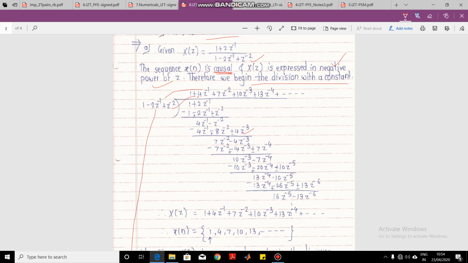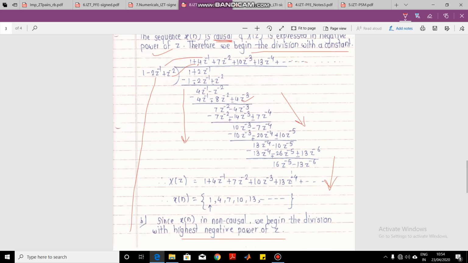Okay, so I go on doing this process. I go on dividing, how many times? You can go on dividing so many times, so you can get so many terms here, dot dot dot. You can proceed up to 3, 4, 5 terms, and then you can stop here. It is simple normal division, the same way we divide simple numbers. And whatever quotient you get, this is our answer.